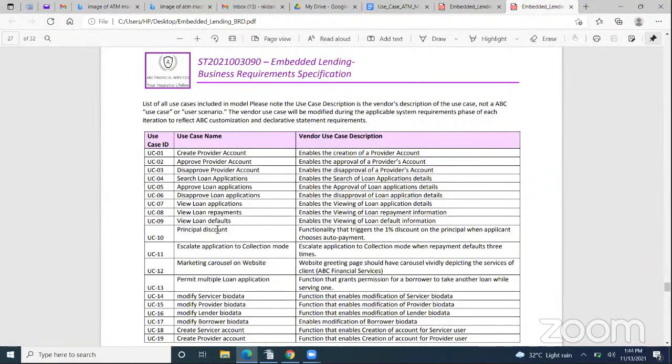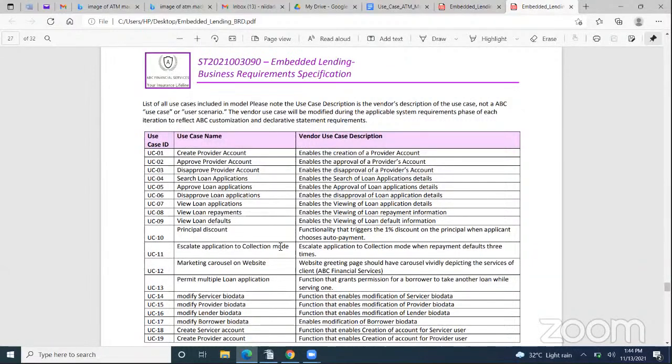The principal discount check in the system is a functionality that triggers the 1% discount on the principal when the applicant chooses the auto payment when doing the application for the first time. If the applicant misses this opportunity, it never applies.